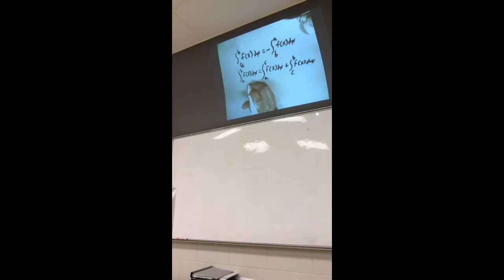Because the camera shows up better here than it does on the board, I'm going to do this here. Here's A, here's C, and here's B. I'm going to draw some graph, and I'm just going to let that be the shape of the graph. That graph is continuous and differentiable over the interval that contains A, B, and C. Now, if I shade in this region here, and shade in this region here,